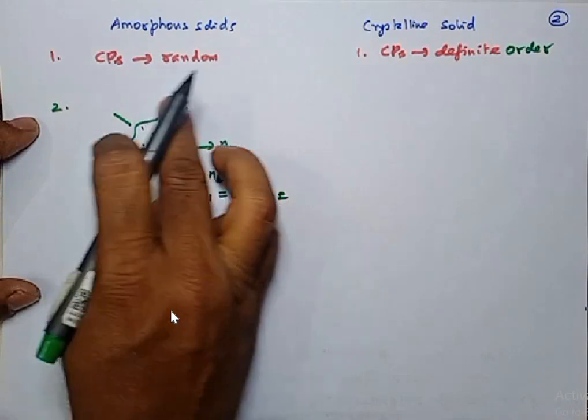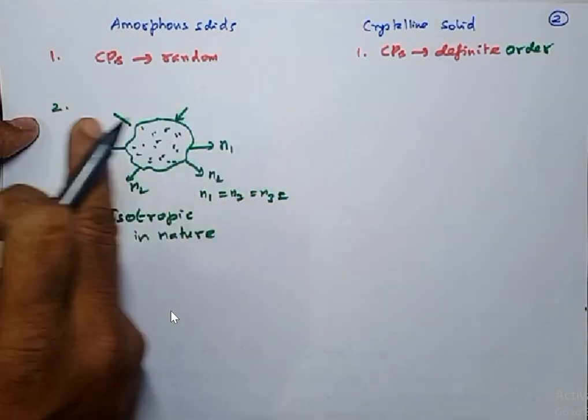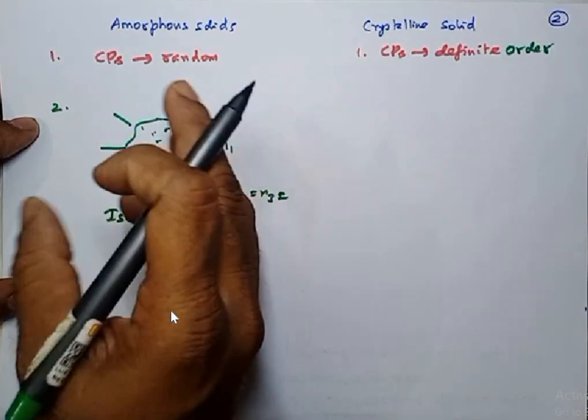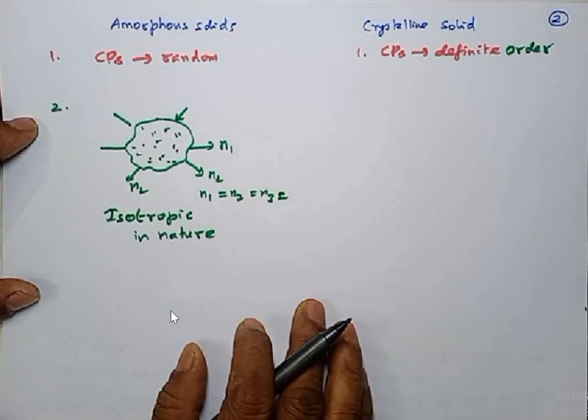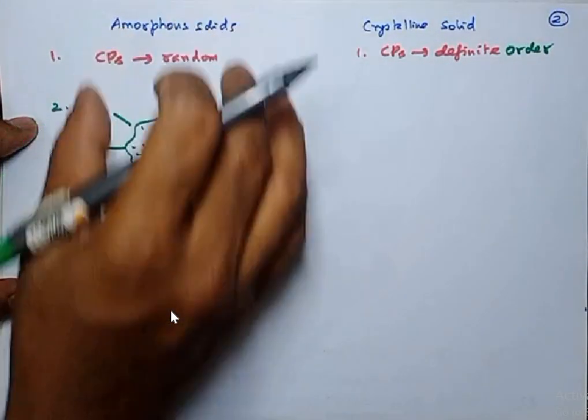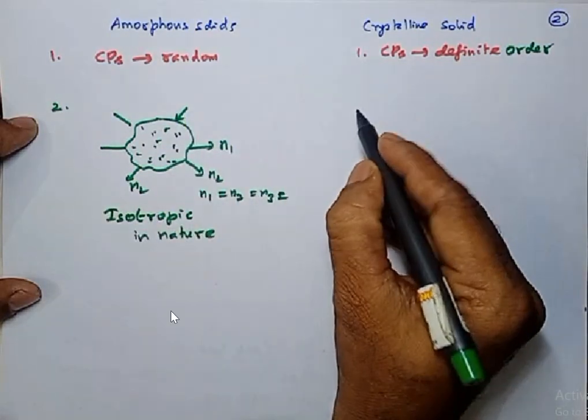Since the solid is random, the interaction between the radiation and the particles is, on average, the same in all directions. Keep this point in mind: amorphous solids are isotropic in nature. Whereas if you come to crystals,